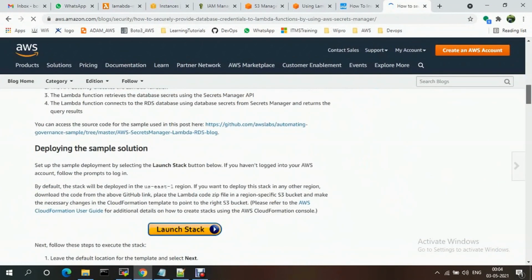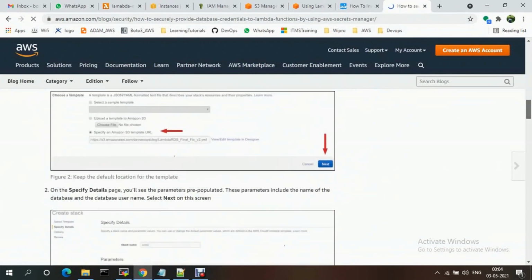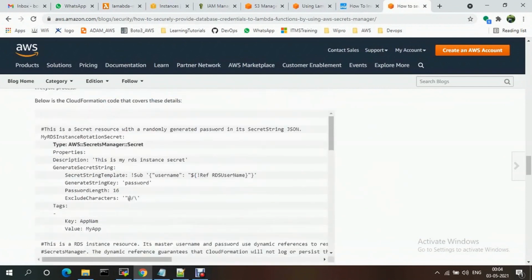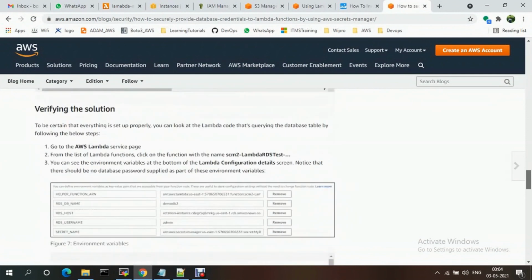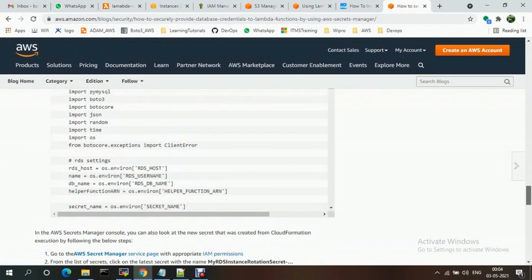See, this is the example which we provided, and under secrets we just provided the secrets. These are the modules. We just need to import boto3. Boto3 is the AWS SDK. And json, time, import os, like this.